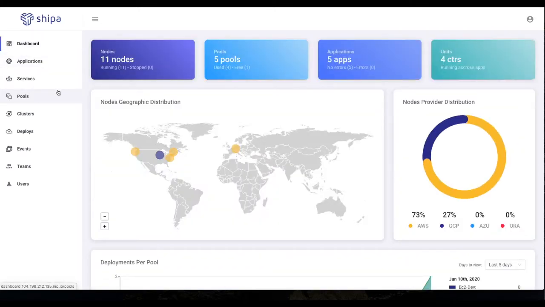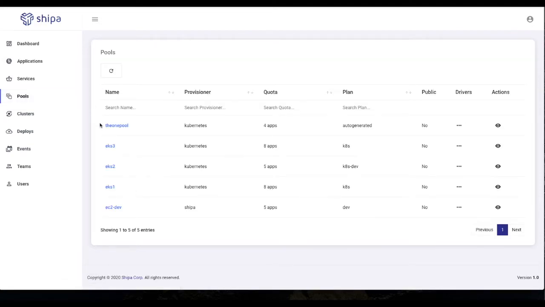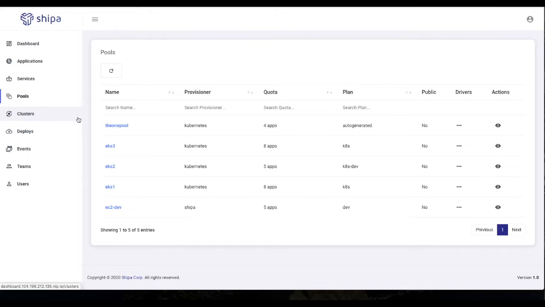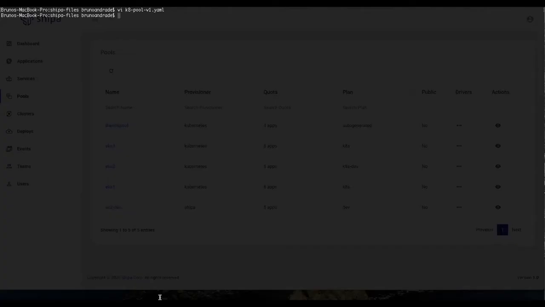Okay, so great. So as a platform engineering team, we created the pools and we gave the pools access to the developers, which are basically our customers, and they can consume those with their applications. We already have a few applications deployed, but I'll show you an example. So just to keep in mind, we have pool EKS 1, 2, and 3, pointing to different clusters, different regions, and different cluster versions. Now me putting my development hat,